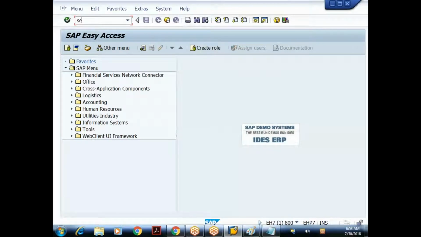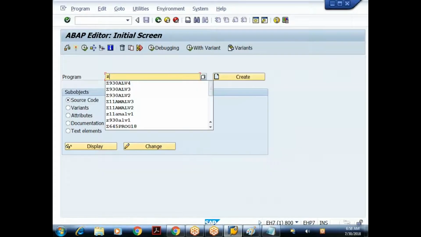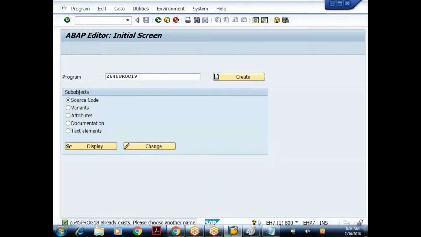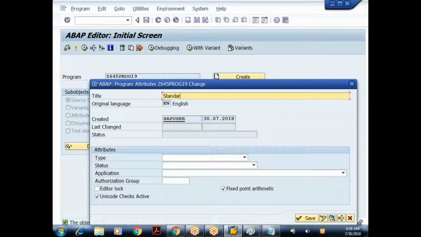So I'll go to the ABAP editor. Standard internal table.